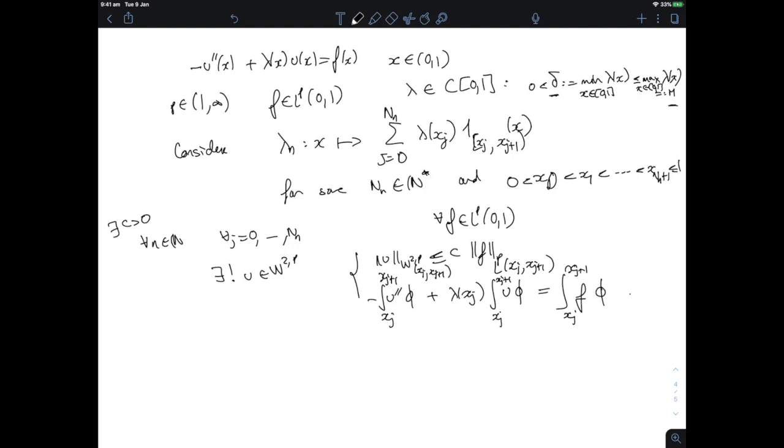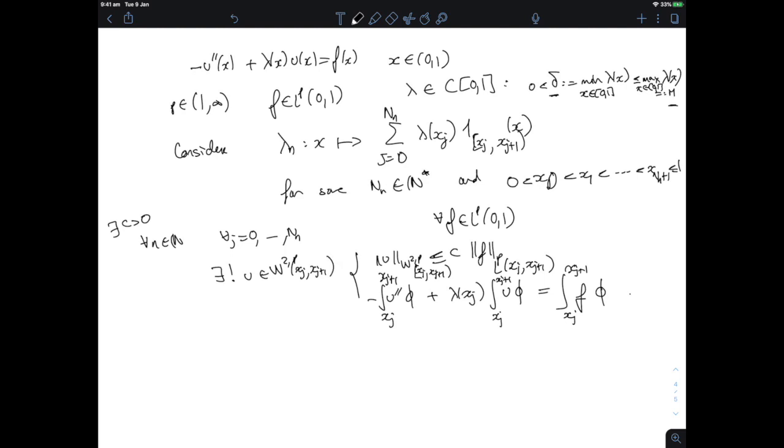It only depends on the values of the lambda xj's that we have here. So the c can be chosen independent of any of the j's. And because the intervals xj to xj plus 1 form a partition of our interval 0, 1, maybe missing finitely many points, but that doesn't change anything to any LP norm,